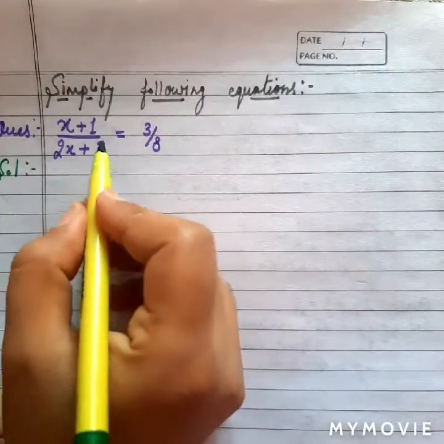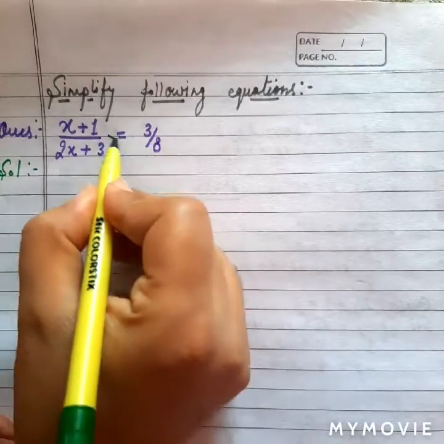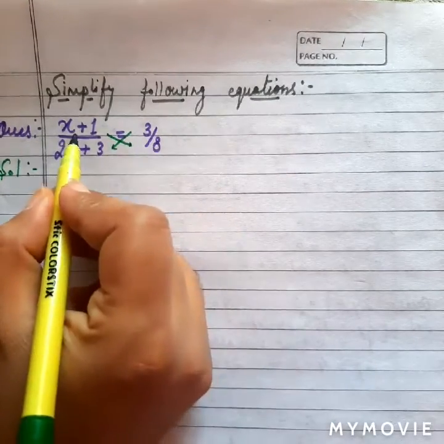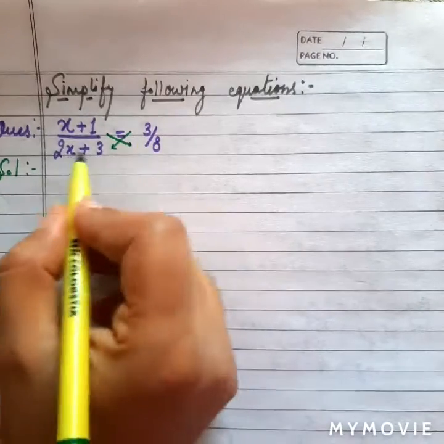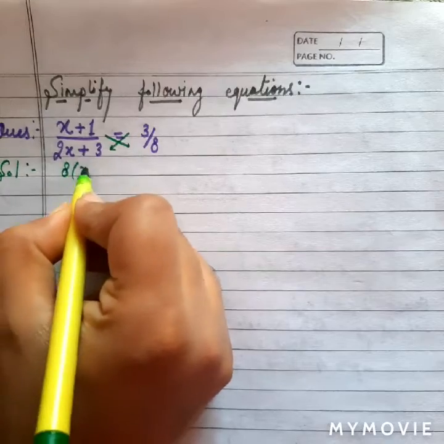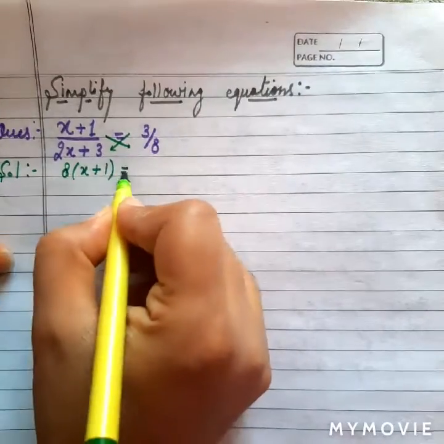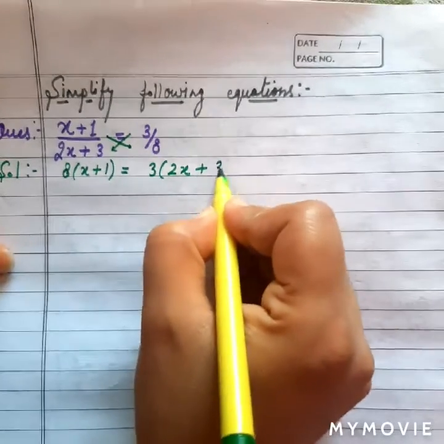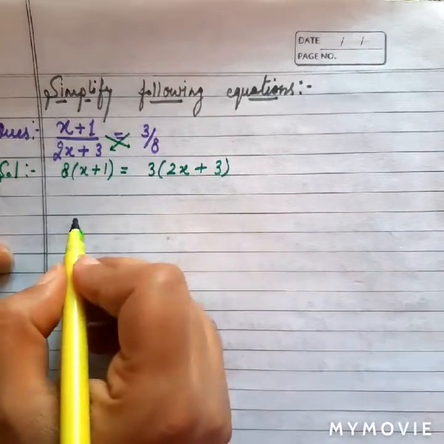First step would be just to cross multiply. In this we will multiply 8 with x plus 1 and 3 with 2x plus 3, right? So it will be like 8(x plus 1) is equal to 3(2x plus 3). Now we will open brackets, and